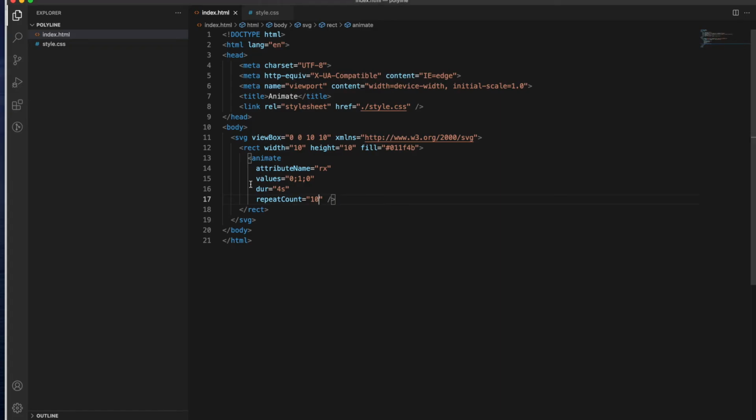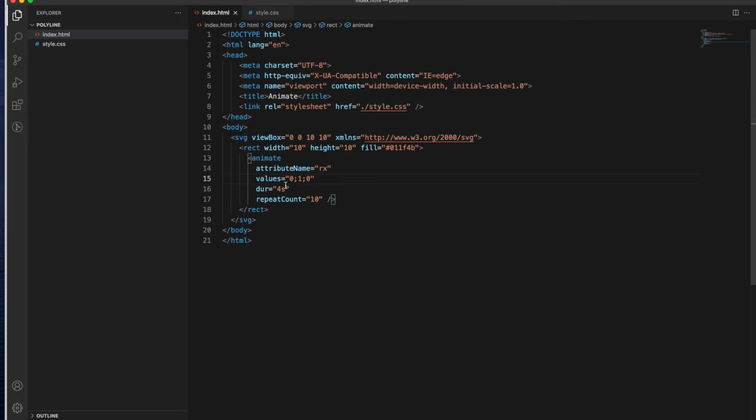So it will happen 10 times, right? These are the values. Let's try to give more values, let me add it here, and say it goes from 0 to 2 to 0, 0 to 3 and to 2, and then 3, and then 2 and then 3. And let's see.